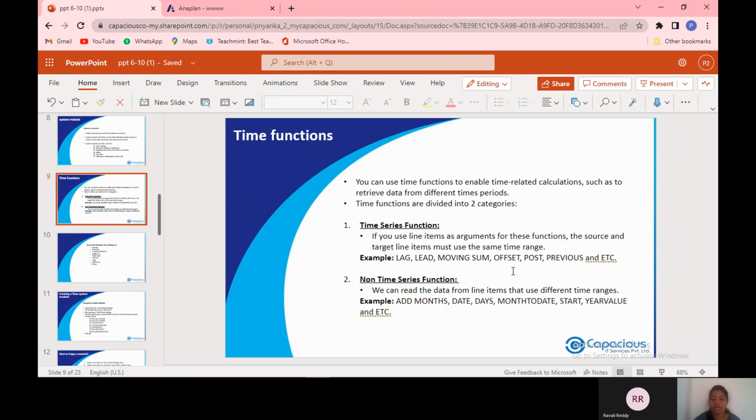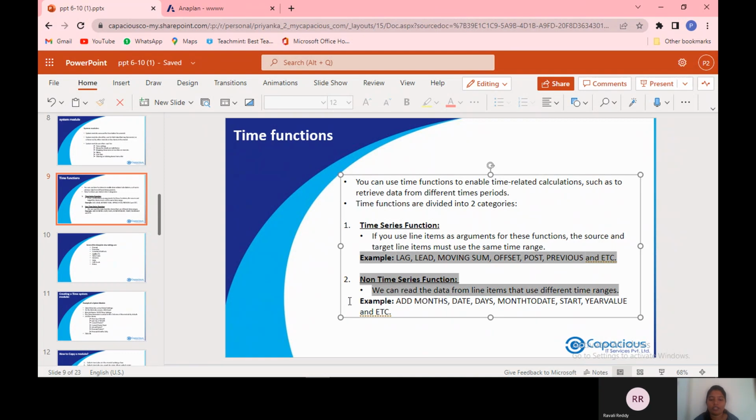While using these time functions, the source file and the target file should be in the same time range. If we have different time ranges in the source and the target line items, we cannot use these functions like lag, lead, moving sum, offset, post, previous. We cannot use these time series functions in that case. And the next one is